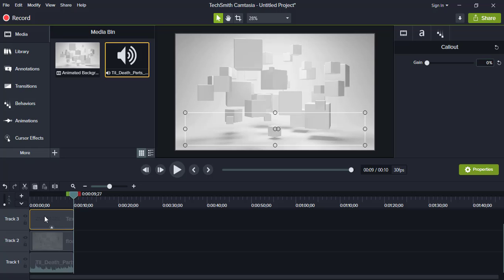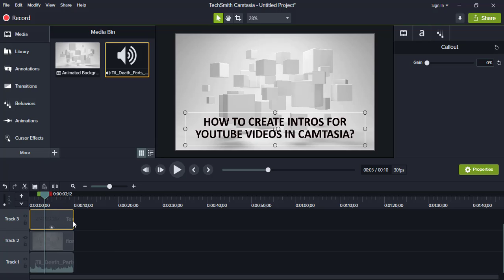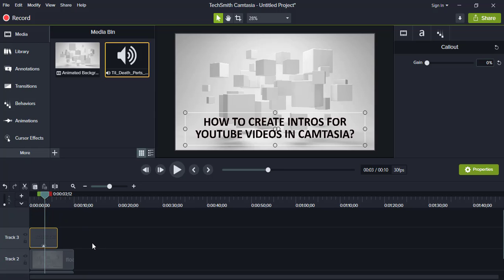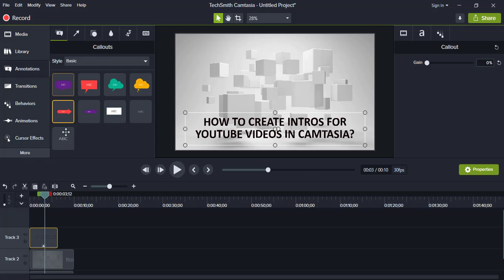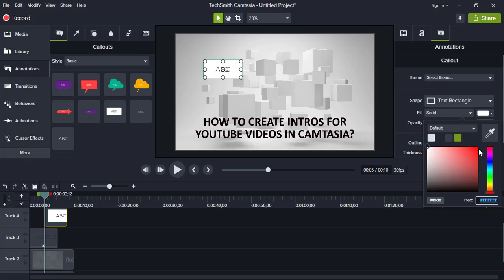There is one more thing, I have added just one text here. You can have multiple texts here at the same time. Suppose I want it for a lesser duration and I want to add one more text here. I'll go to annotations again, and I'll simply drag and drop, and from here I'll change.